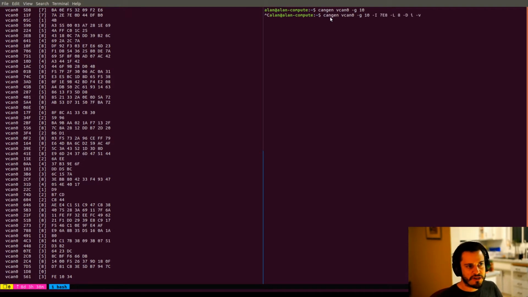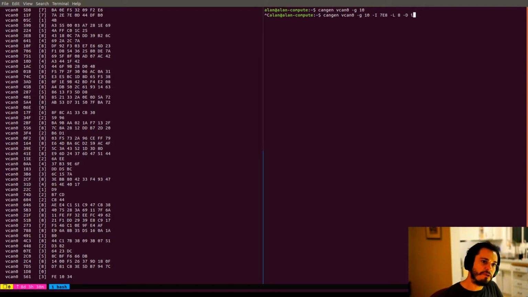It's CanGen vCan 0, which is the CAN interface, a gap of 10 milliseconds, so it'll send messages every 10 milliseconds. The CAN ID is 7E8 in hex. The length of the message is going to be 8 bytes. And then the data is going to increment by 1.